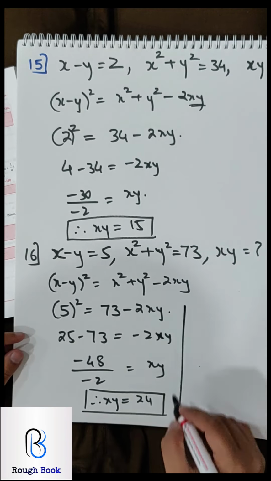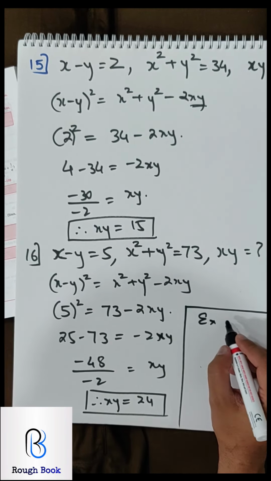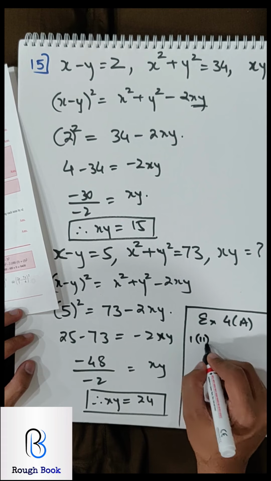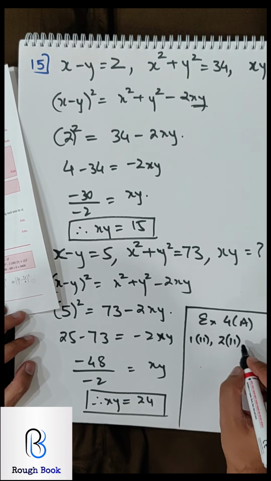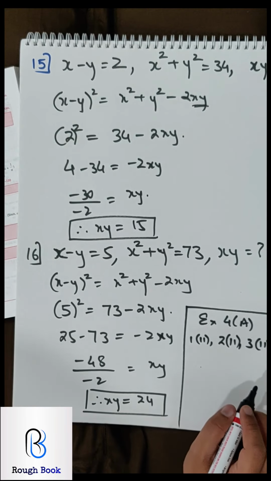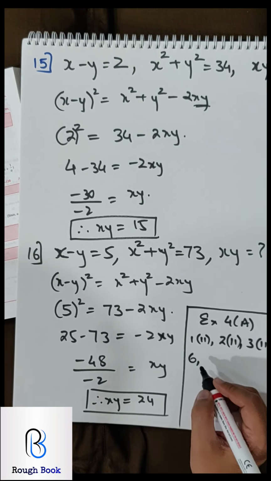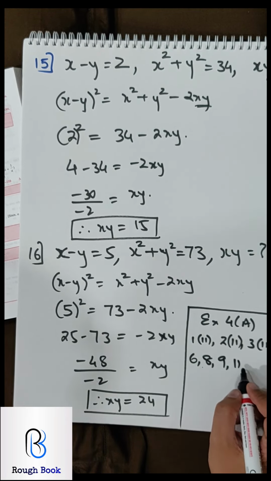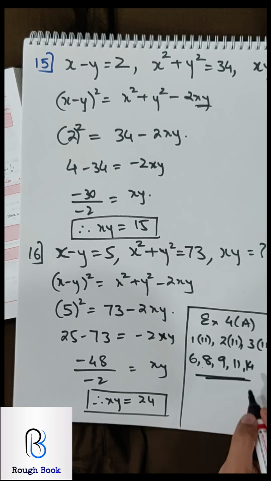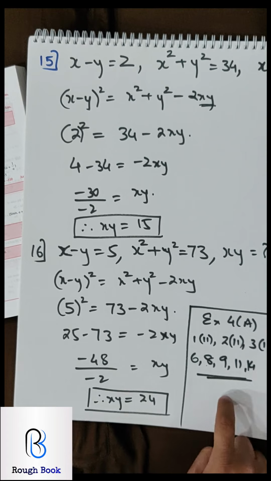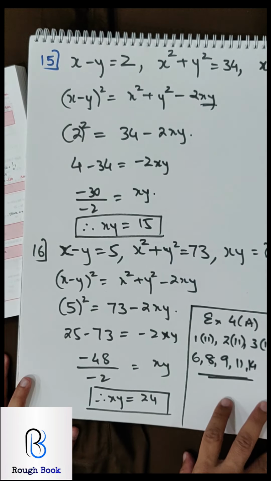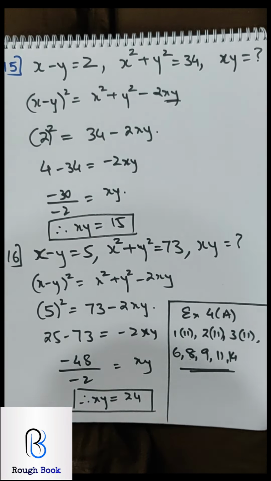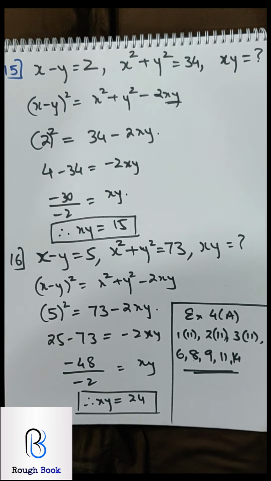You can do few more sums for practice from this exercise. I am mentioning it here. So exercise 4a. Try doing sum number 1 part 2, 2 part 2, 3 part 2, sum number 6, 8, 9, 11, 14. These are the sums I have not done in the video. You can do that. Please do this along with this. Both you will do separately and show it to me once you come back, so that I can see how much you have followed, and that becomes your assignment. So I am expecting everyone to do this much, please.